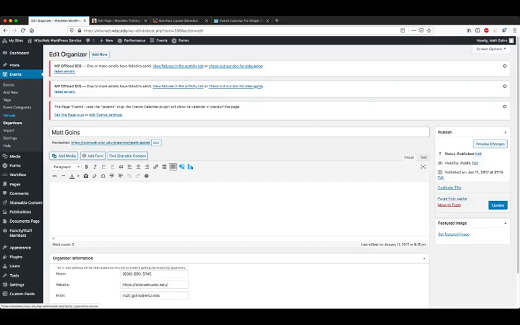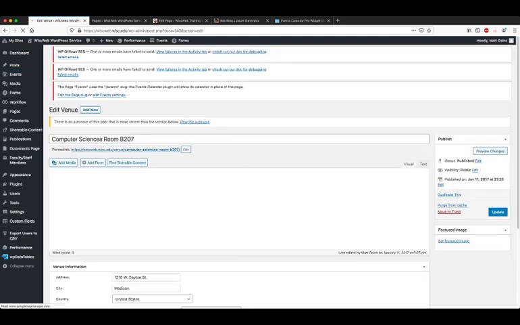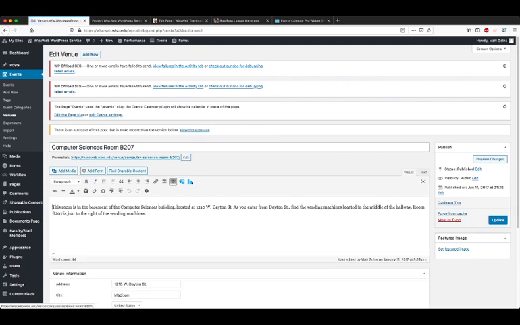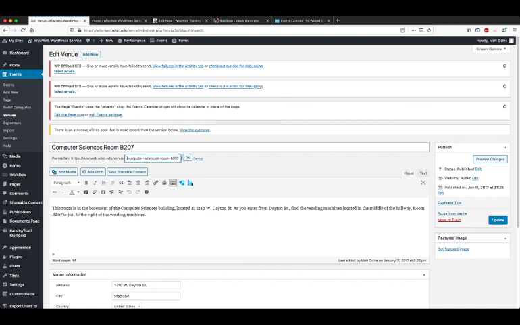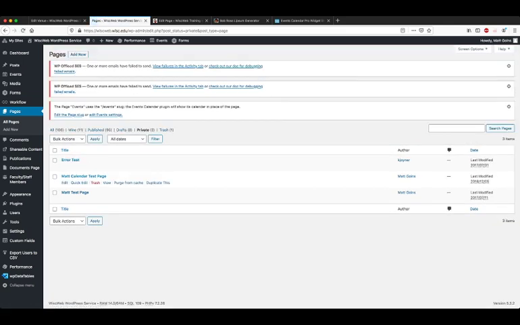For example, if I'm going to open up my pages, but if I look at my venues and look at my venue slugs, how you view a venue slug is you have to go into it, and your venue slug is this value that shows right here. Yep. There we go. And so now if I go back to my calendar test page here,